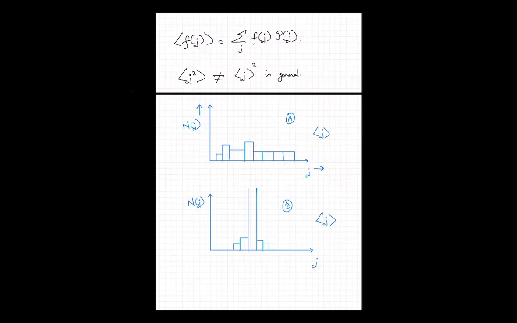In the second case, the average is also 25, but most of the people are age 25. So the difference between distribution A and distribution B cannot be captured by just computing the average age of the population. If I simply say that the average value of age of this population is 25, it will not give me sufficient information to distinguish between the population type in A and the population type in B,